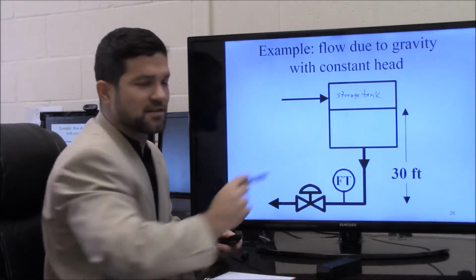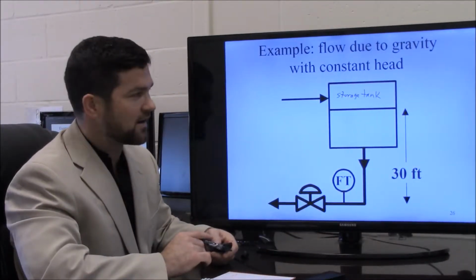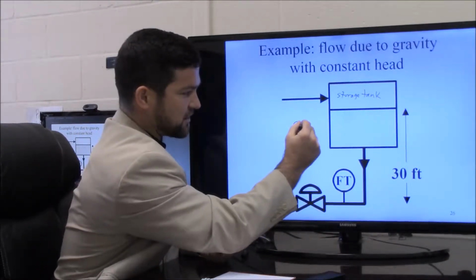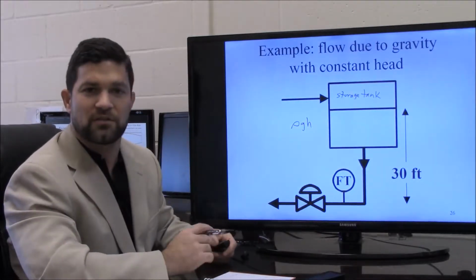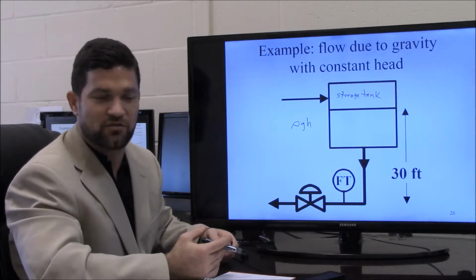That has a fairly constant liquid level. It's always about 30 feet above the valve. So the pressure generated by this storage tank is related to rho g h. Right, so if the height's constant, this should give us a constant driving force, or constant pressure driving force